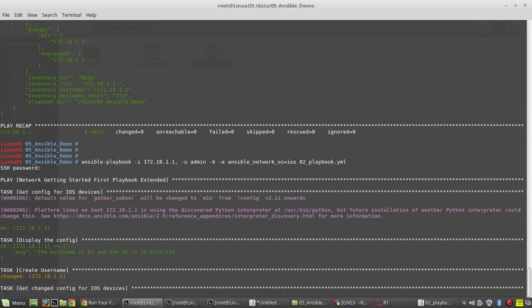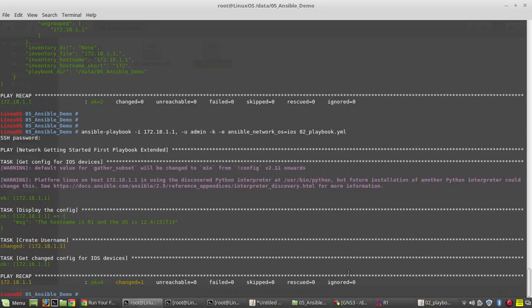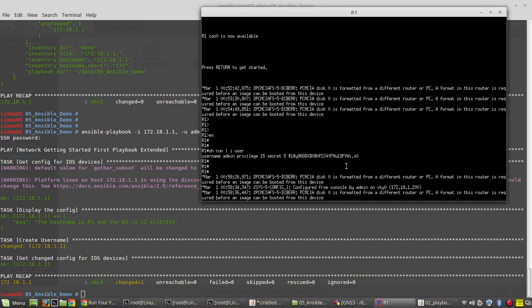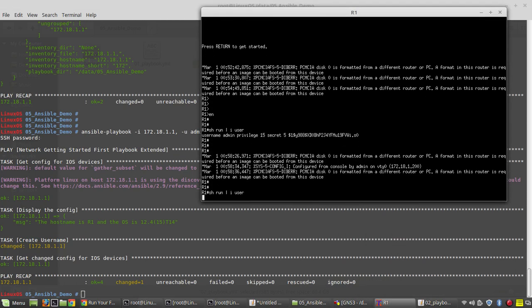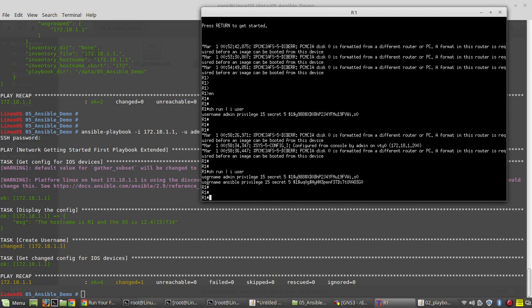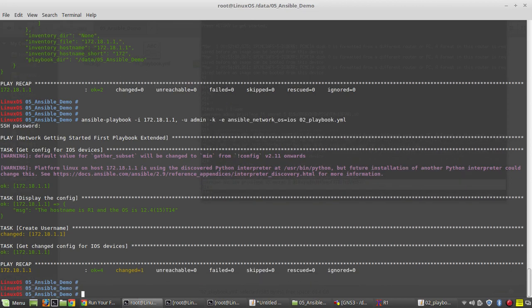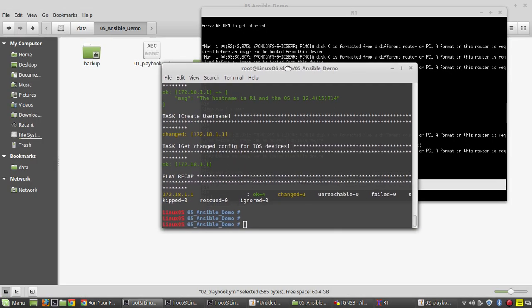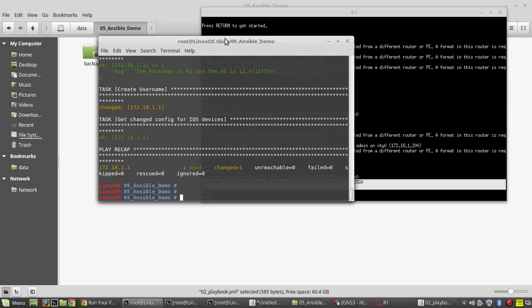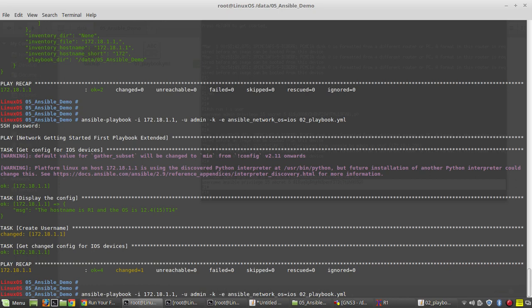Yeah, so you can see here it has made some configuration changes. You can see the color difference. Now we'll verify in the device. You can see Ansible has created a user. Similar way, you can make any configuration changes on a number of devices. So in the next video we will see how to get the device list from a inventory file, and all these variables or data we are passing, everything we will put it in the variables.